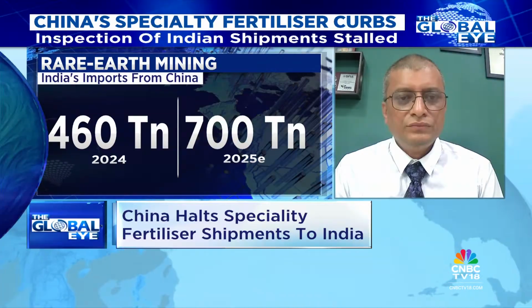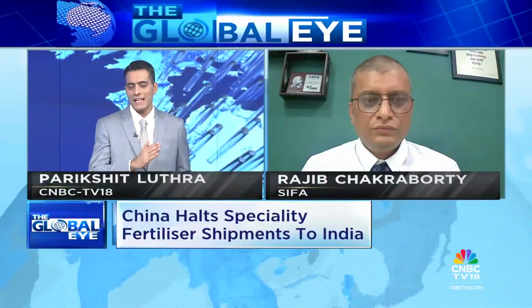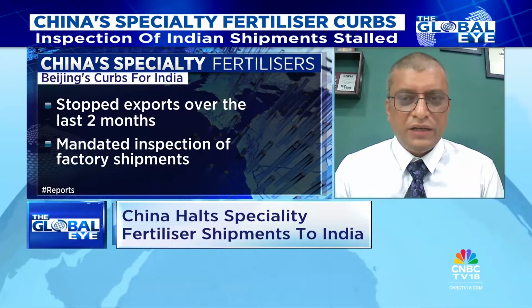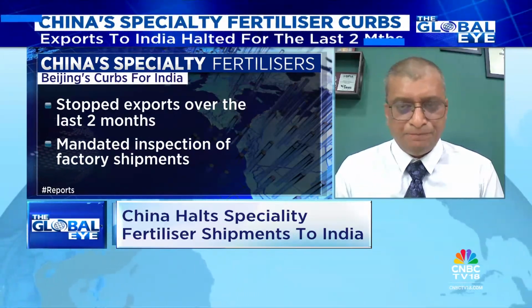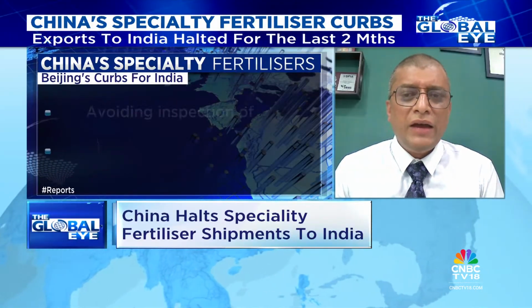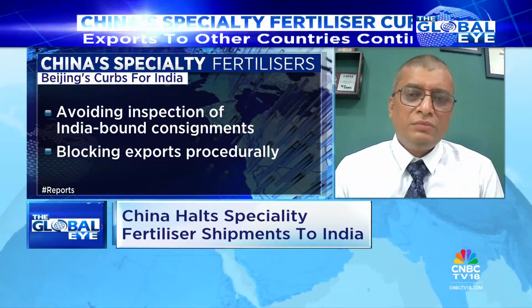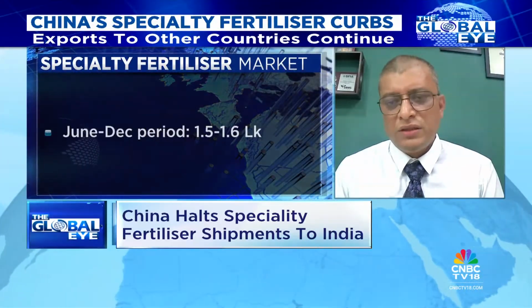Rajiv Chakrabarti, what I'd also like to understand from you, how badly are we getting impacted with the absence of these specialty fertilizers from China, which are the particular sectors within India's agricultural framework which are getting directly impacted, where production could be impacted in the next few months? In the Kharif season, there is not much consumption of specialty fertilizer. This is the time for subsidized fertilizer only. The actual consumption starts from September onwards. So we have 3-4 months where there will not be much consumption. But then for the next season, we need stable sources of supplies.